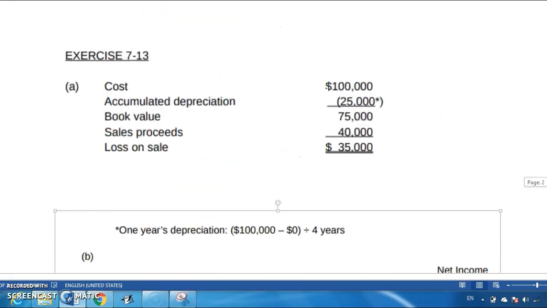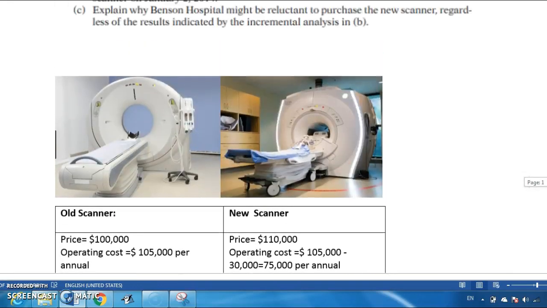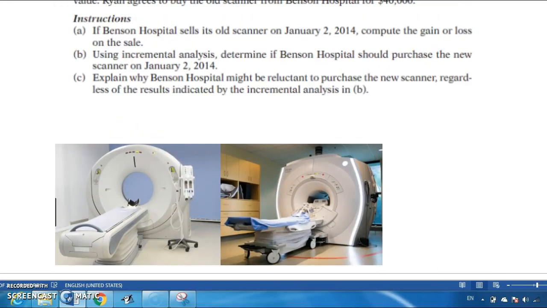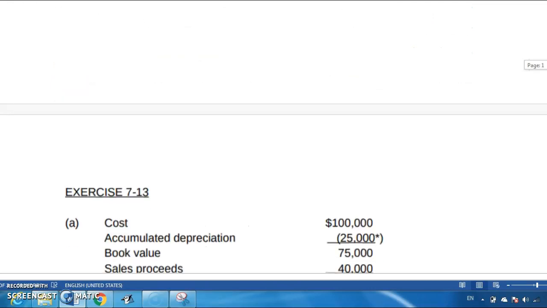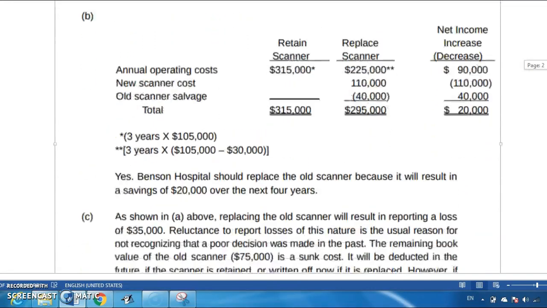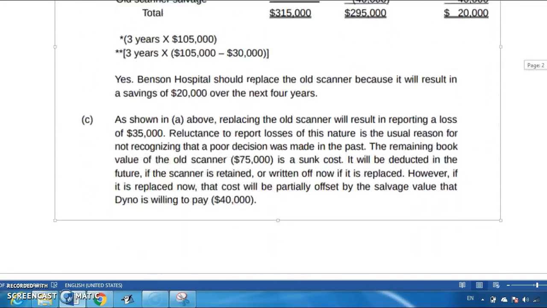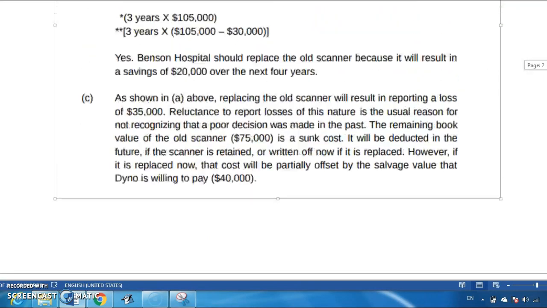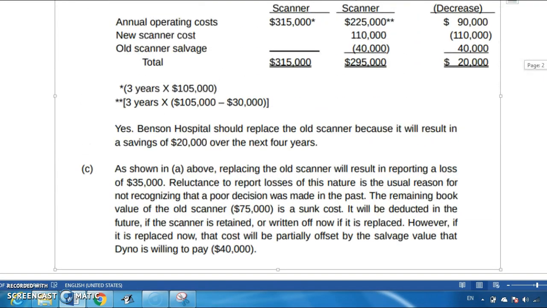And the last question is: explain why Benson Hospital might be reluctant to purchase the new scanner regardless of the result indicated by the incremental analysis. In such situations, sometimes for certain reasons, the hospital might be reluctant. They might not want to replace the scanner, because if you remember in part A above, we get a